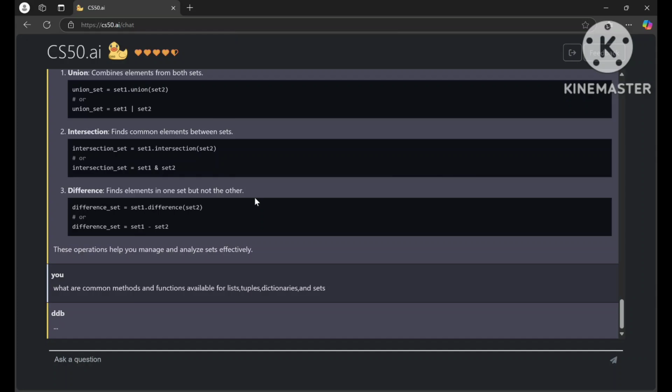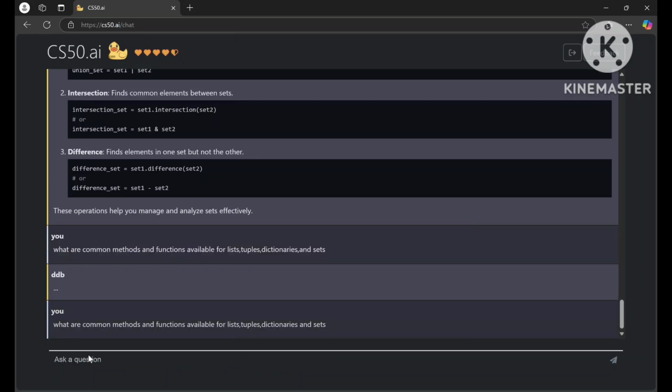Let's wait. Okay, now see here. These are the common methods and functions